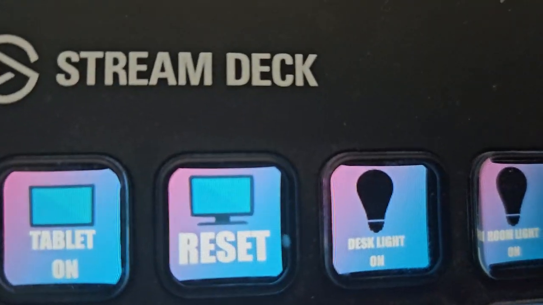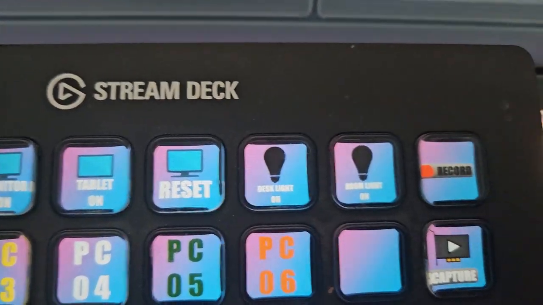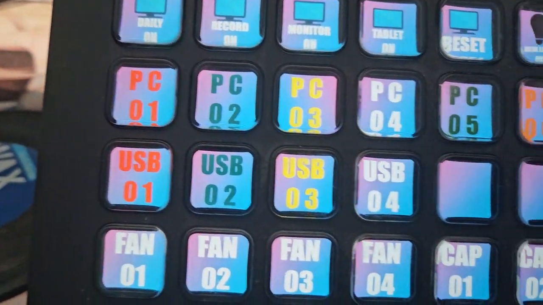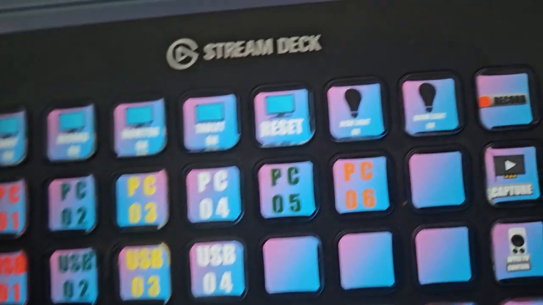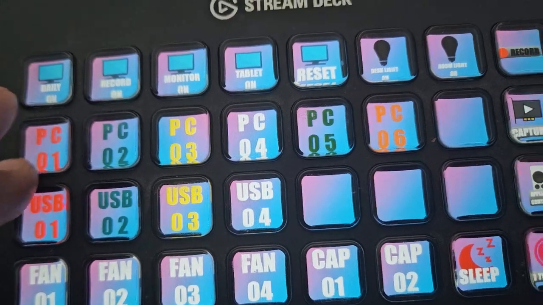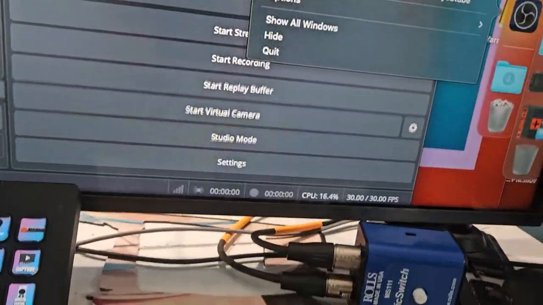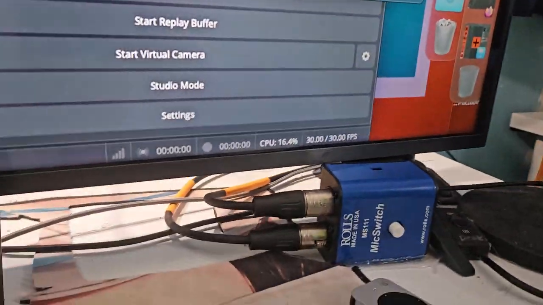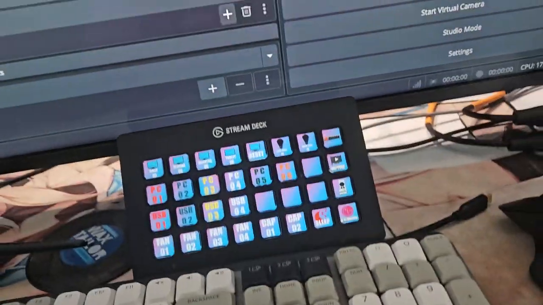Then if we press this guy, which is desk light, which is the lights up here, room light, which is the light behind me, PC 1 through 6 basically switches between each PC with keyboard and mouse. So if we basically press 1, it switches it to that computer over here. If we switch it to 2, it switches it to the gaming computer over there. If we switch it to 3, it switches it to this computer. And then number 4 switches it to my laptop here. Number 5 switches it to